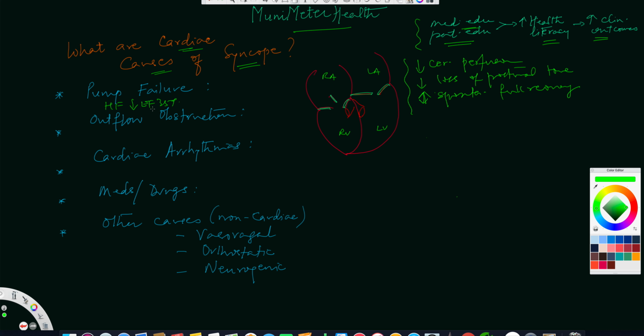Sometimes, in my long career of practice, I've seen ejection fractions in the teens, and it's not uncommon to see them even in single digits. So you have a pump failure, so that the blood is not being pumped into the aorta as much, and as a result there is cerebral hypoperfusion, implying that the brain suffers a hypotension or low perfusion state and the person passes out. It has to be bilateral cerebral hypoperfusion, remember that. It's not just one-sided. So that's heart failure.